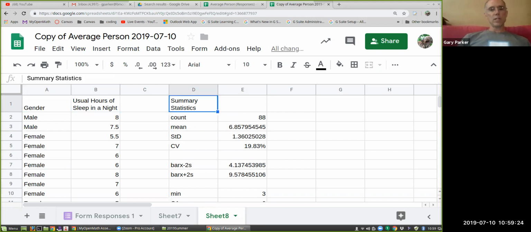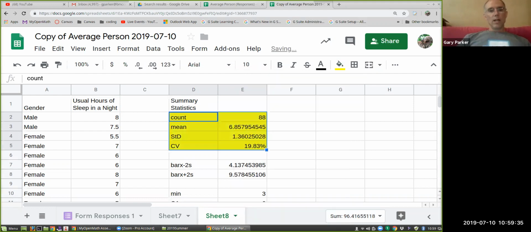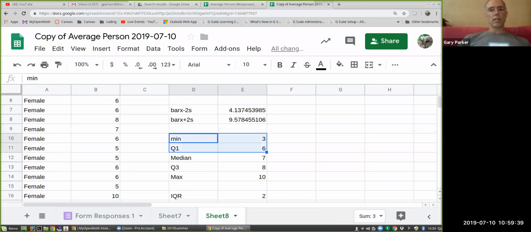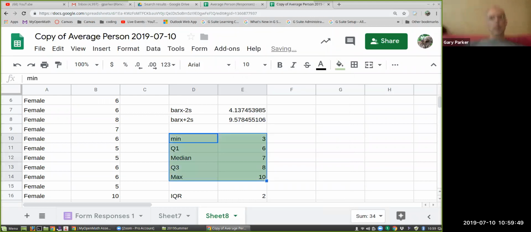So standard summary statistics would be the count, the mean, the standard deviation, and the coefficient of variation. So that's a good start there. And then the min, Q1, the median, Q3, and the max. These are two different kinds of summary statistics. So let's show those in, say, green. So these are percentiles, so they're measured by rank order